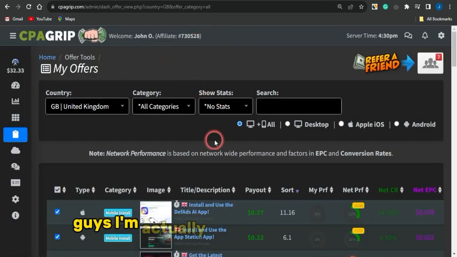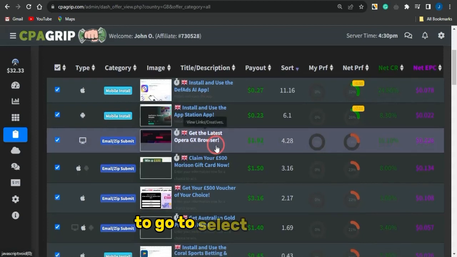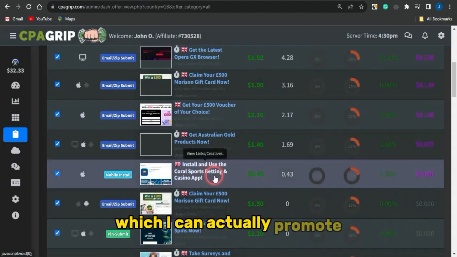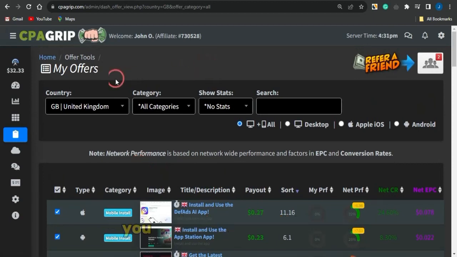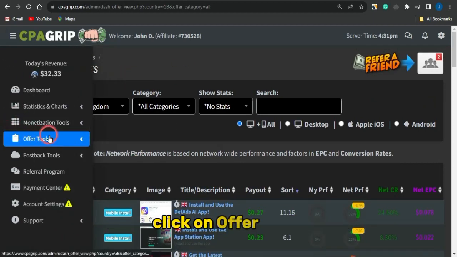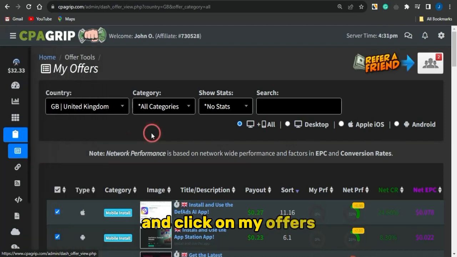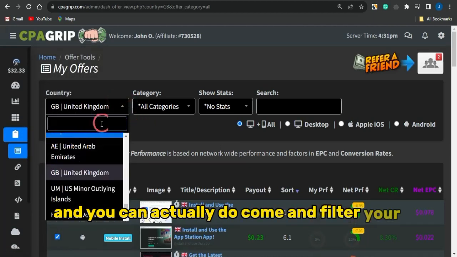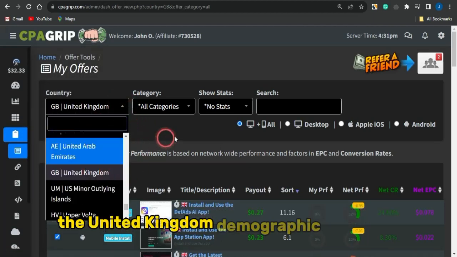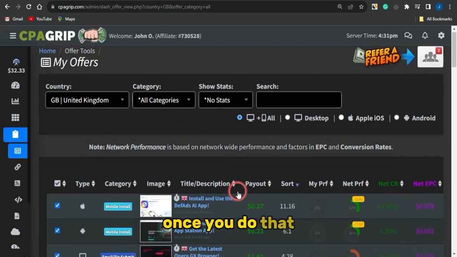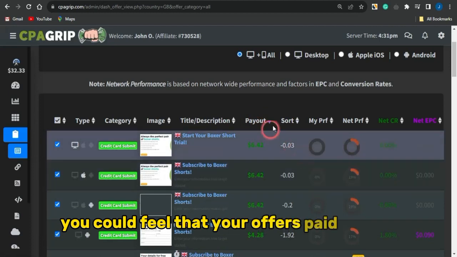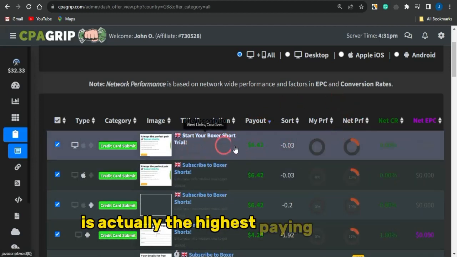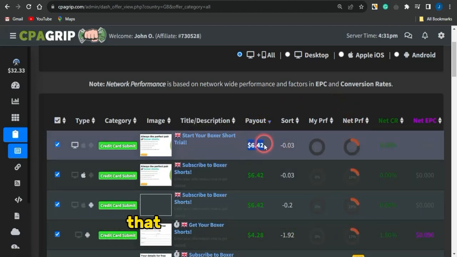So guys, I'm on this page right now to select offers which I can promote to the United Kingdom demographic. To get to this page, you want to come right here, click on offer tools, and click on my offers, and you can filter your offers to the United Kingdom demographic. Once you do that, you'll be able to see offers available to this demographic. You could filter your offers based on payouts. These are the highest paying offers in this demographic that pay about $6.42,